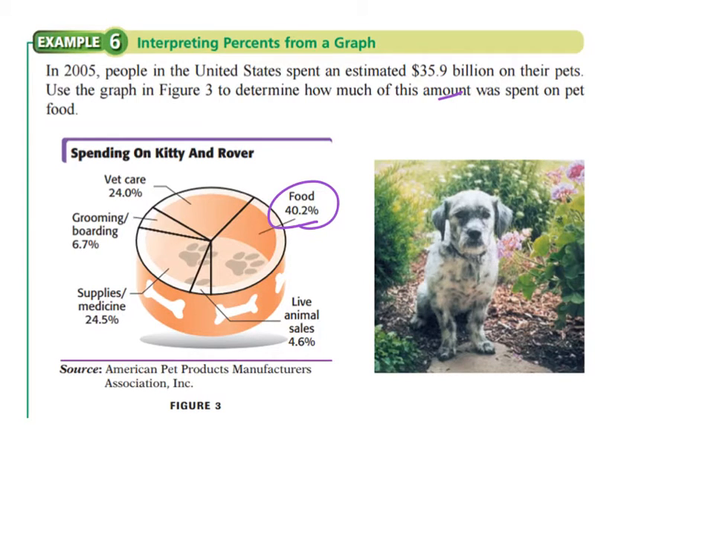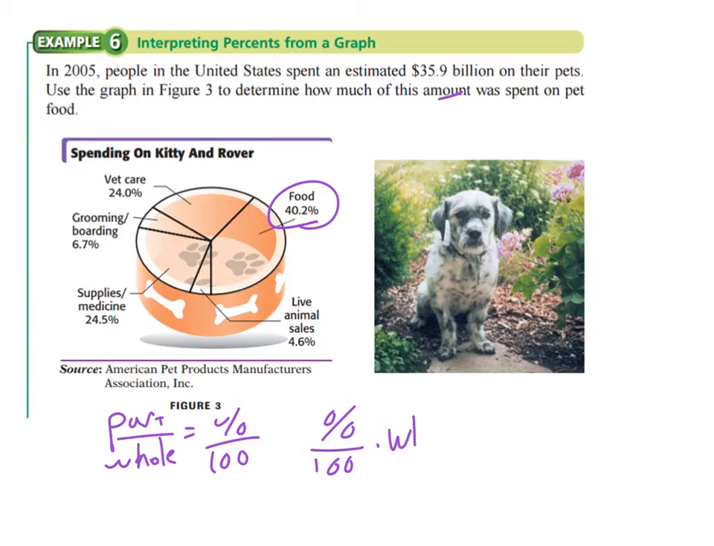So again, if we have that formula where it's the part over the whole equals the percent over 100, again that can also be written as percent over 100 multiplied by the whole will equal the part. And so that's what we will use here. So the percentage is 40.2, so divide that by 100, we have